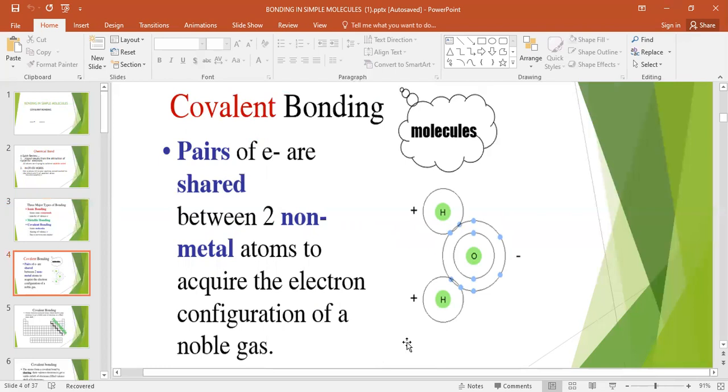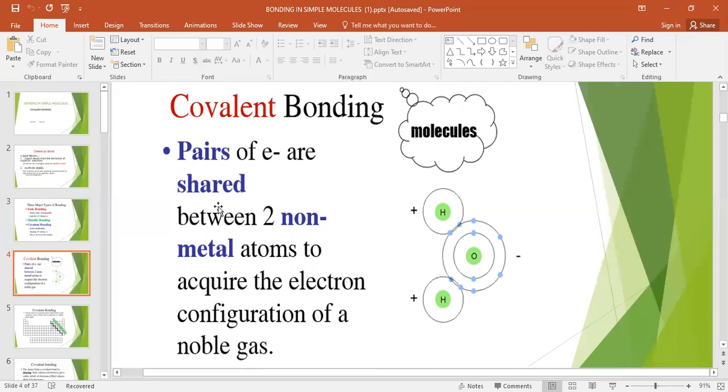This is just information on what is ionic and what is covalent, how you differentiate between ionic and covalent. The only difference is that an ionic bond forms between a metal and a non-metal, but a covalent bond forms only between two non-metals. You can see there, a covalent bond forms only between two non-metals, not a metal and a non-metal. This is the big difference between ionic and covalent. So we are going to study covalent.